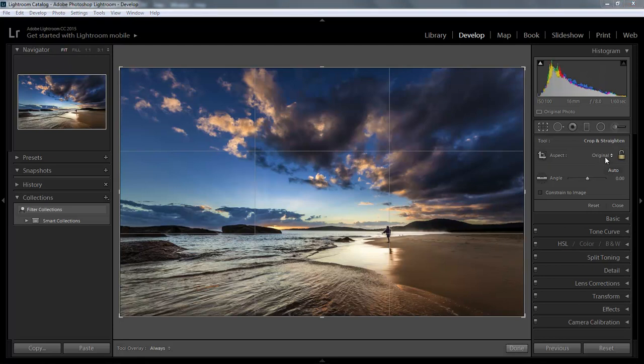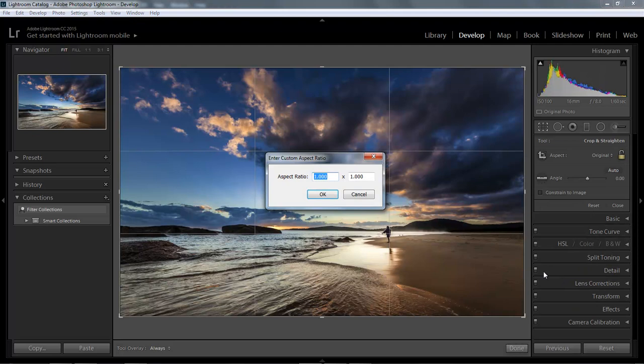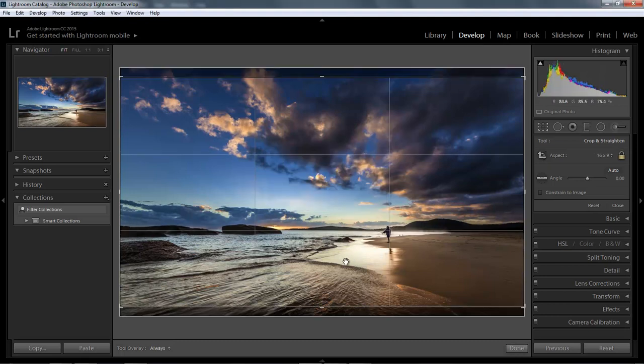If we go to the original setting over on the right and click so we get the little drop down options, I'm going to enter a custom value, and in here I'm going to put 2560 pixels by 1440 pixels, and OK. Straight away you can see a change to the crop overlay, so I've got the opportunity